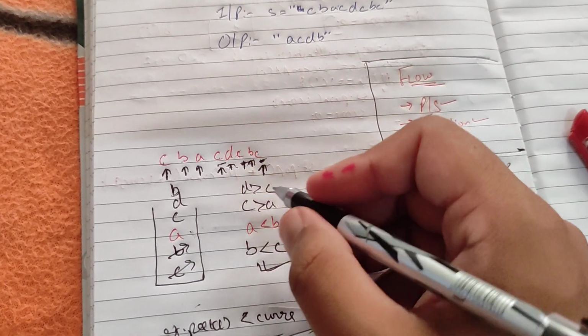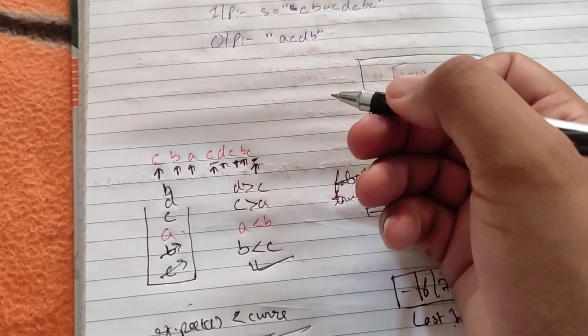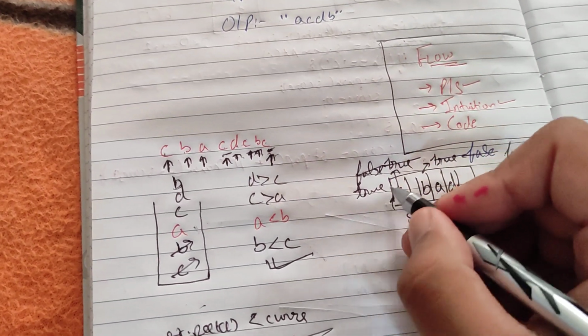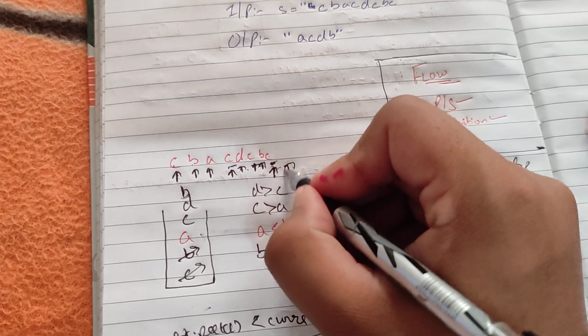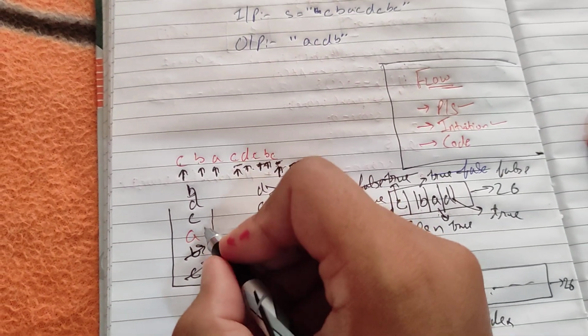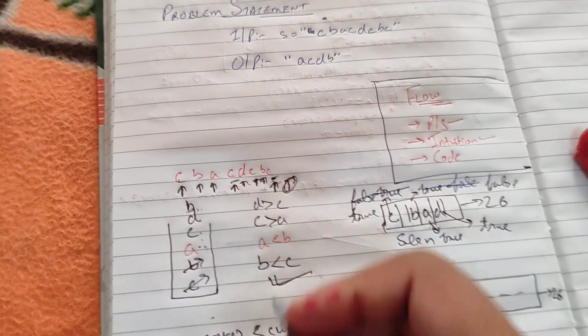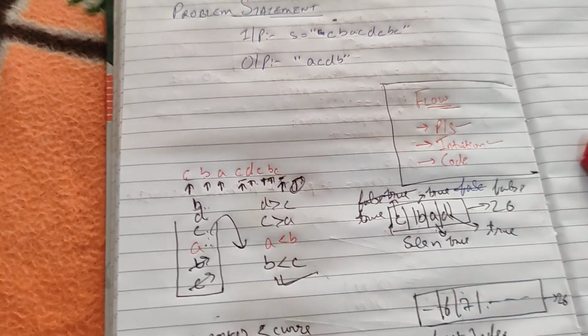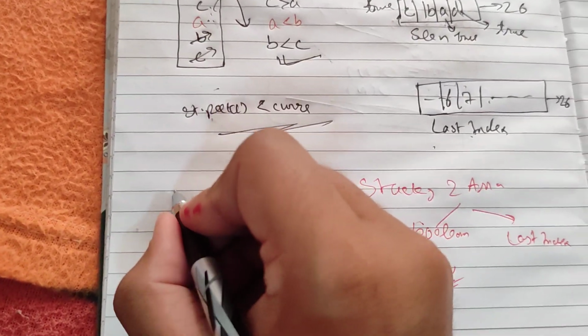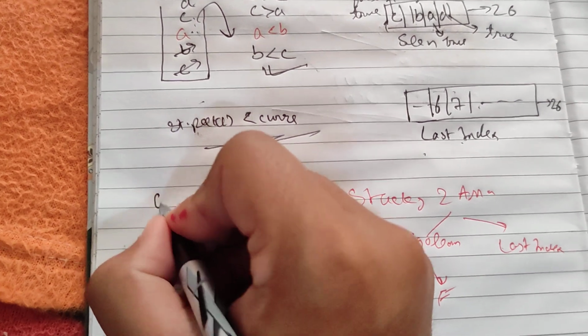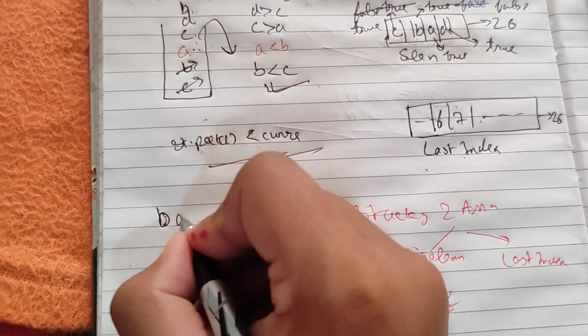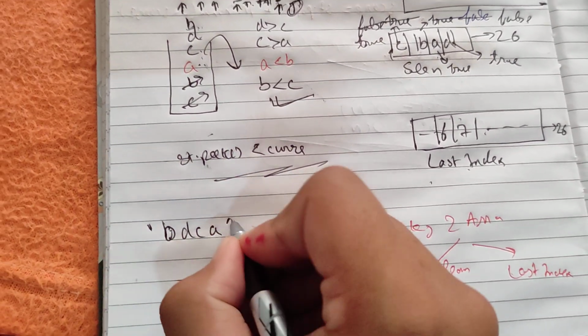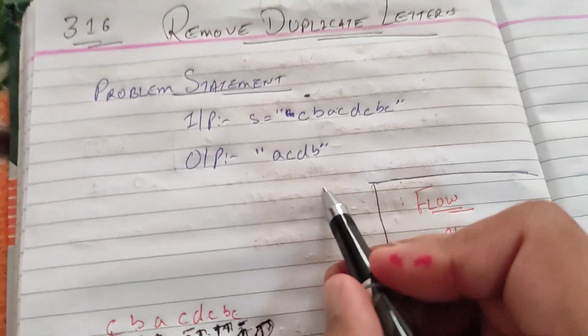Okay. Now what I will do, ladies and gentlemen, I will come to C. Then C is already marked as visited, true. Then I will simply continue, and we will end this string. Okay. Now in our array we have A, C, D, B. A, C, D, B. So if I simply pop them out, we will get something like this. We will encounter B, D, C, A. So now, how our output is A, C, D, B.